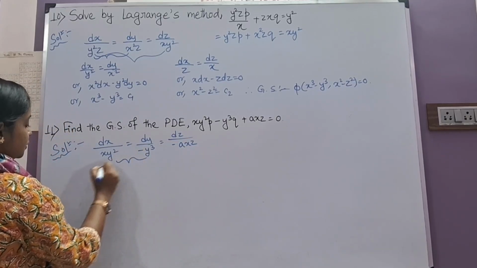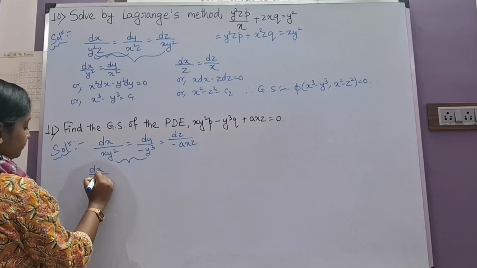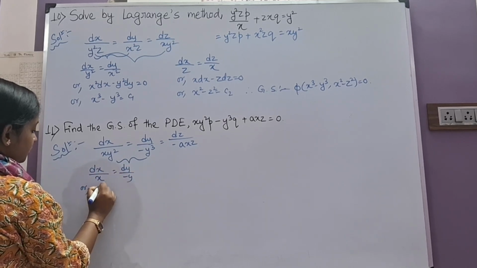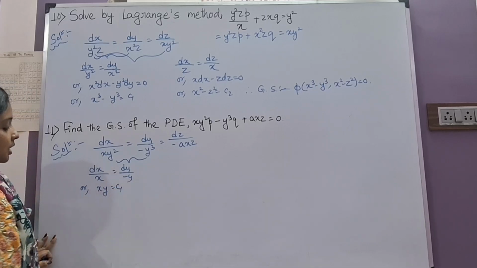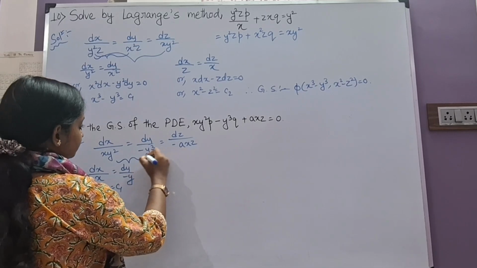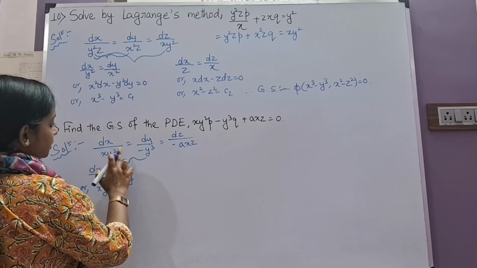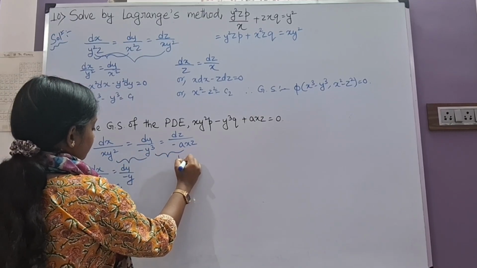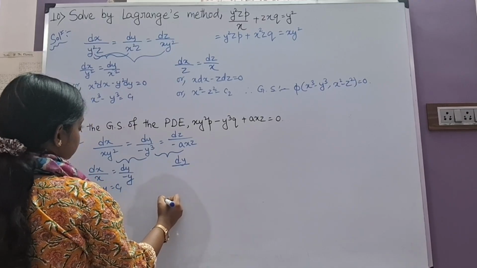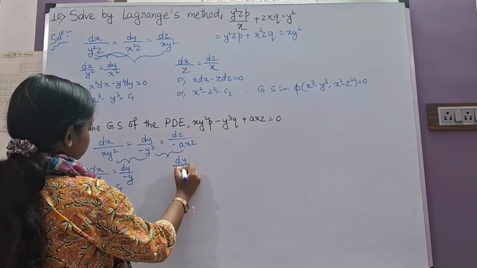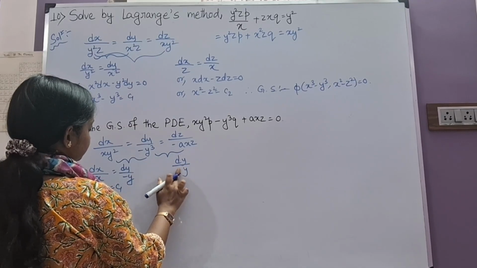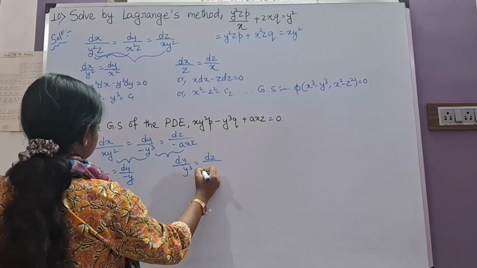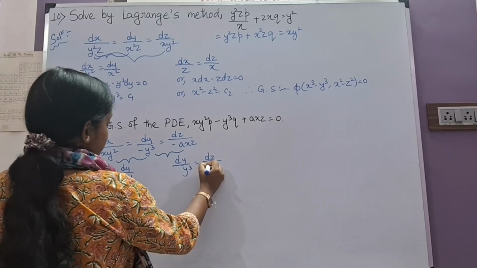Now from the first two ratios we get xy equal to c1, and from the second and third ratio what we get, dy by y cube equal to dz by axz,